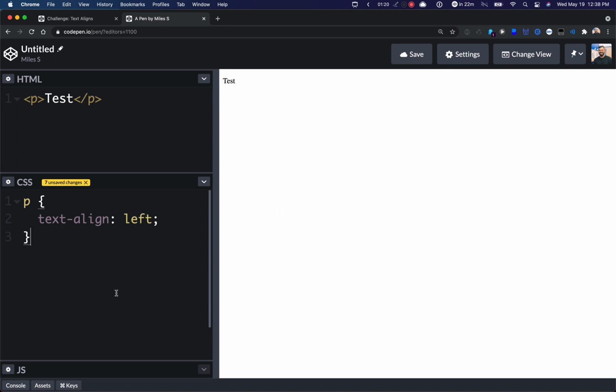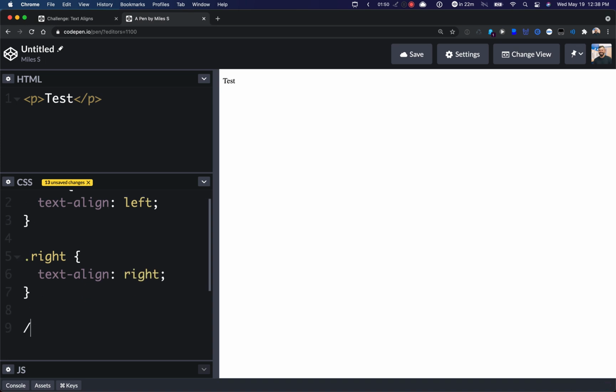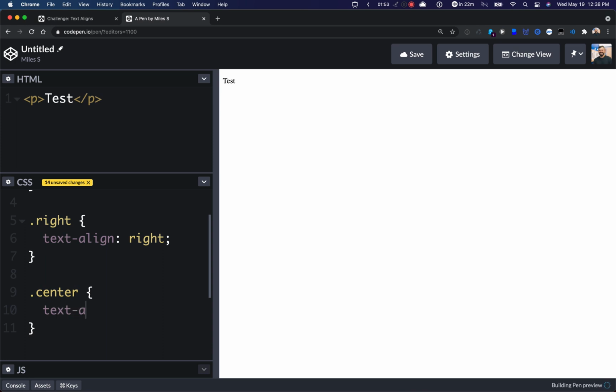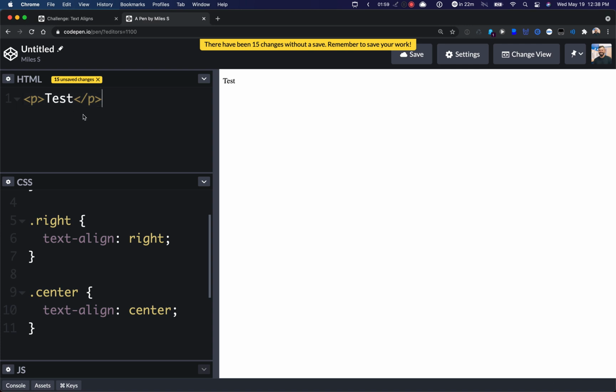Now, what we want to do is use this with classes. A lot of programming frameworks or CSS frameworks that you'll see will have some specific classes on text alignment, and a very common one would be to do something like this: create a class called left, where you just have in it text align left, then you have right, text align right, then you would have center, text align center. So what this allows you to do is quickly create paragraphs like so,